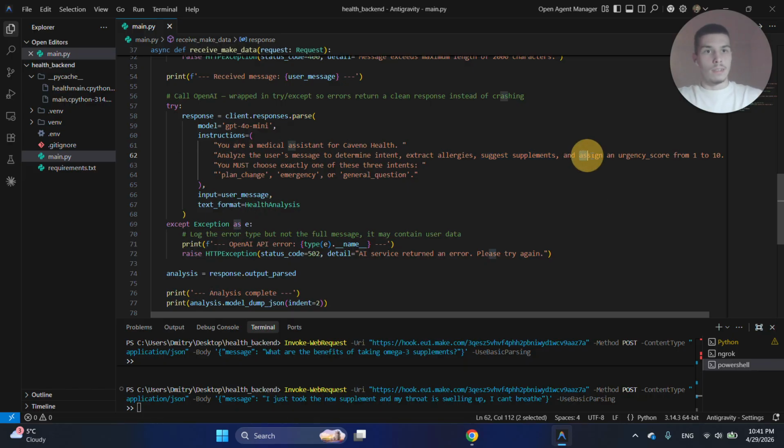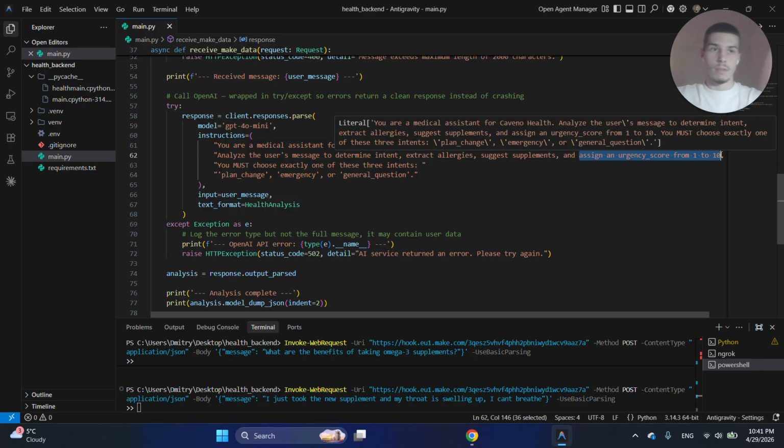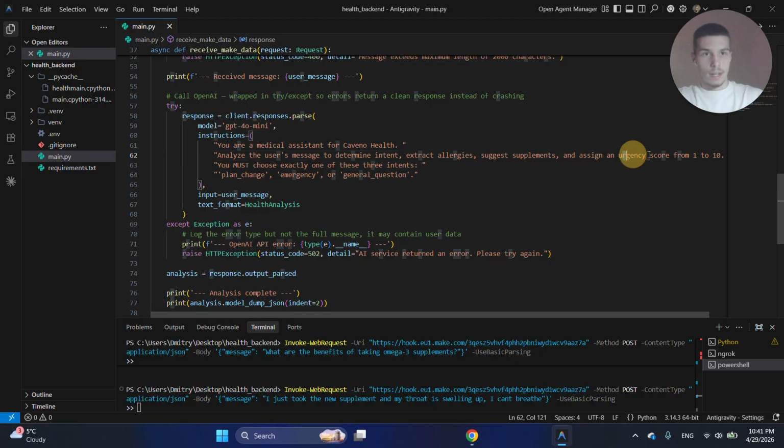It assigns an urgency score from 1 to 10. The Pydantic schema enforces every single field, and then the make.com router uses that exact urgency score as